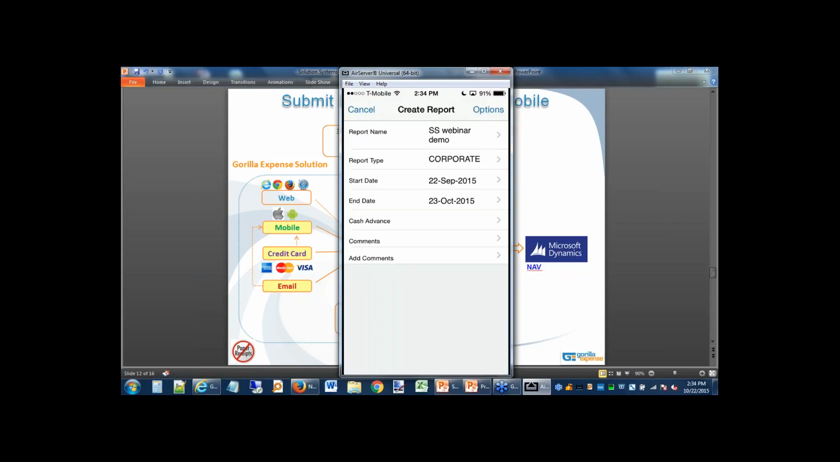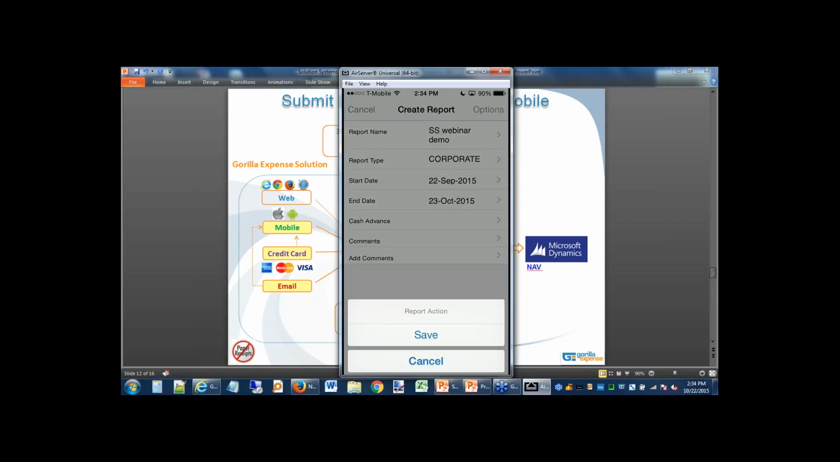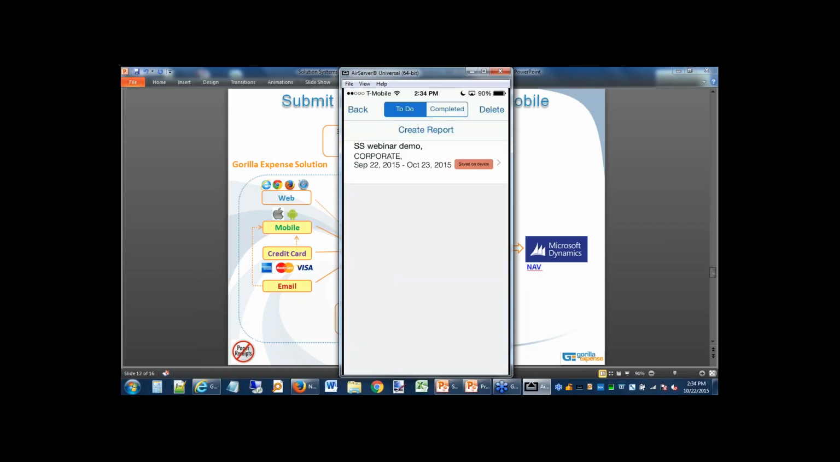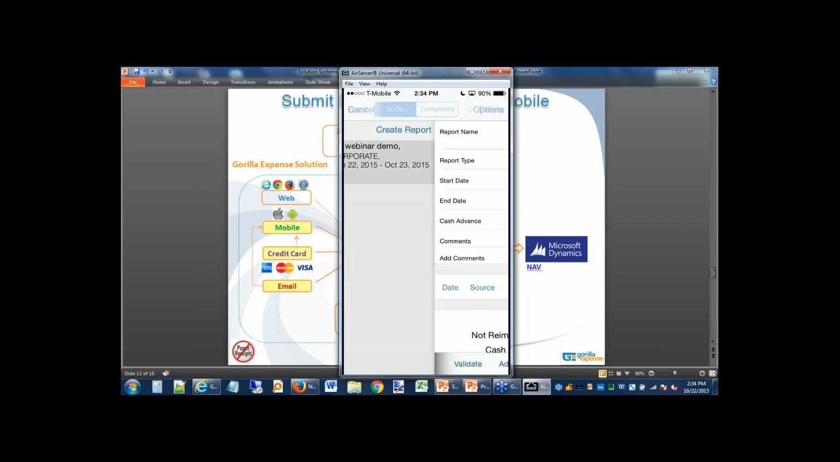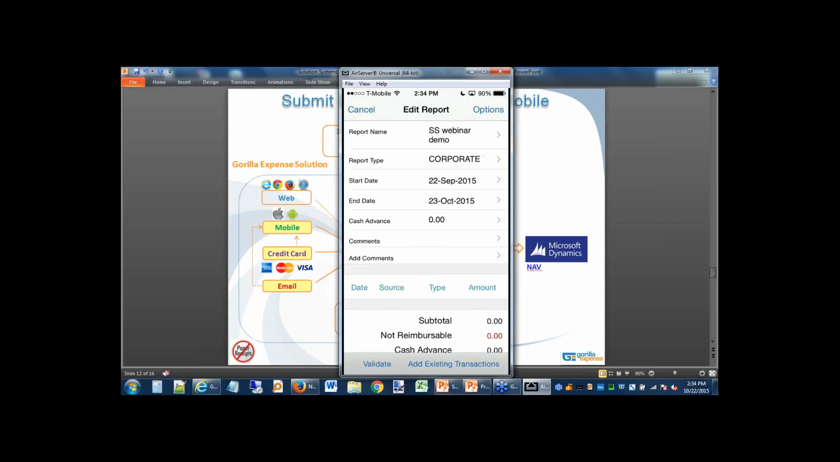And then currently in the demo application, it's being configured to present me with a cash advance field. But if you don't have cash advances, we can disable that. And then at the report level, we provide a comments and additional comments field as well. So I'm going to save this report. This looks good. It creates a skeleton report. I'll click on it. And now I can add those line item expenses that we just uploaded